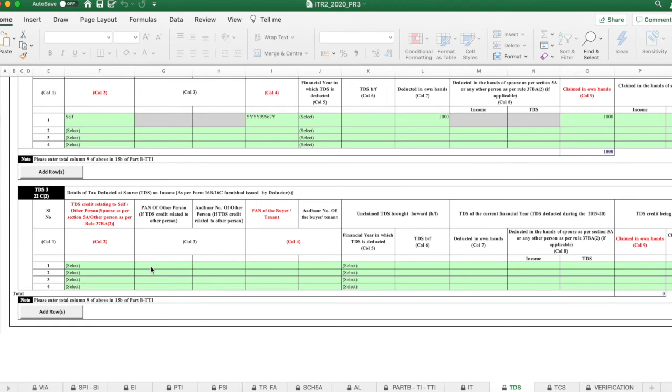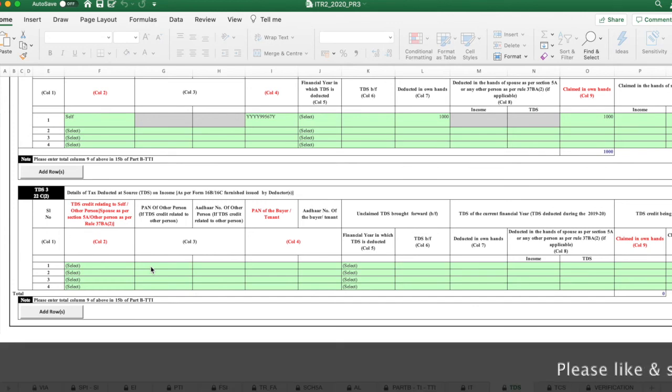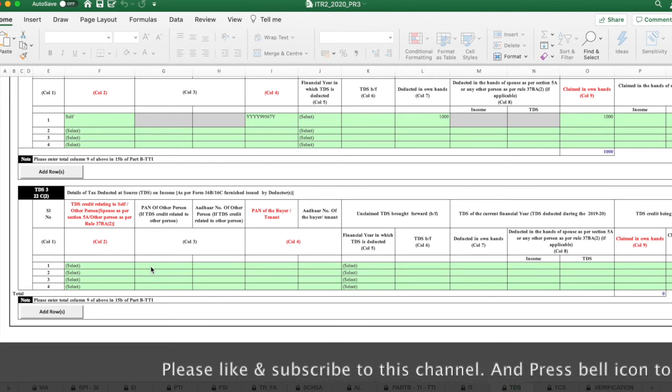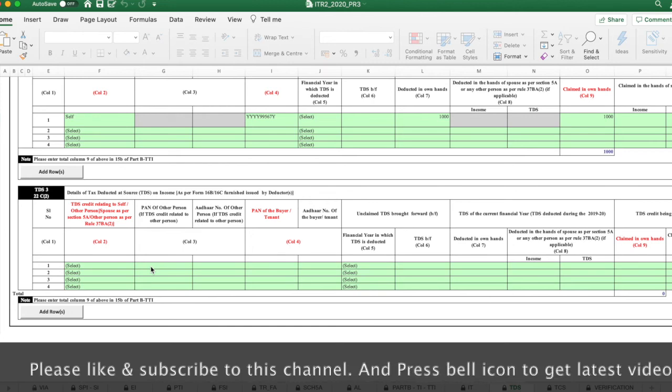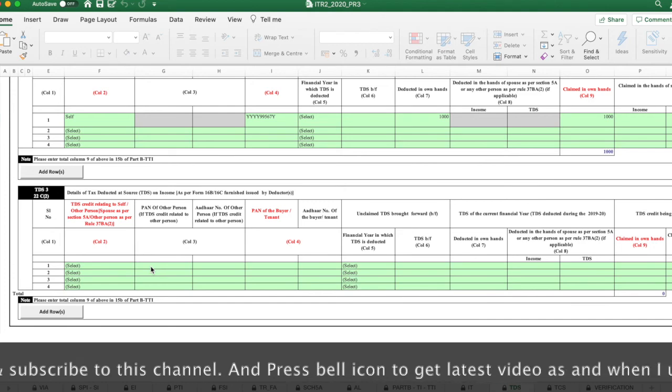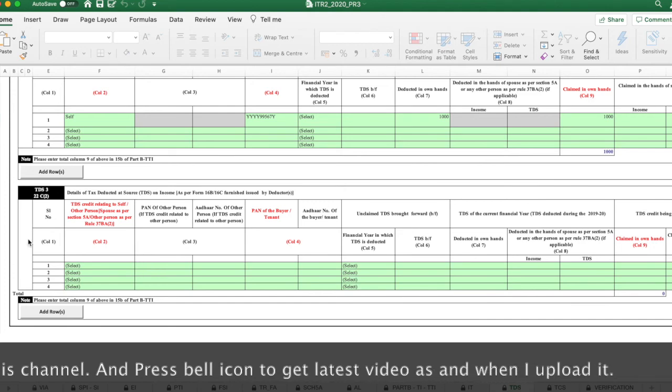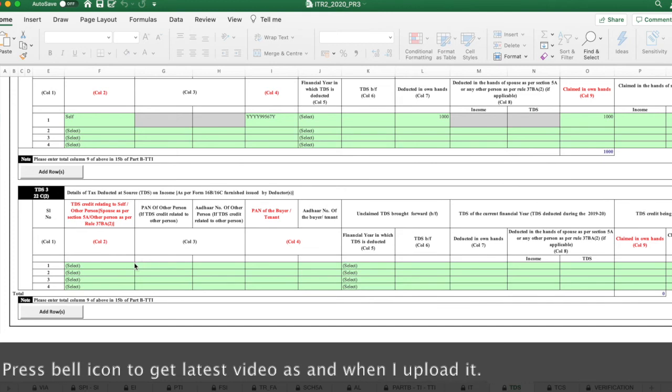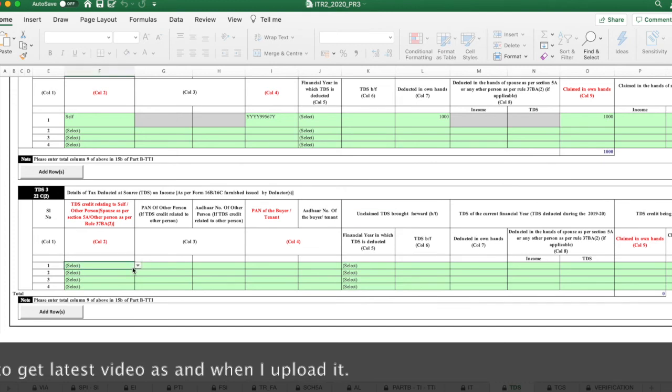Remaining amount will be credited, but in this case the buyer has given 10 lakh and we have paid 10,000 separately to him. Don't get confused. 1% of the total amount needs to be paid as TDS during the time of registration or before the registration. So that has been done, so that will be reflected in your 26AS.